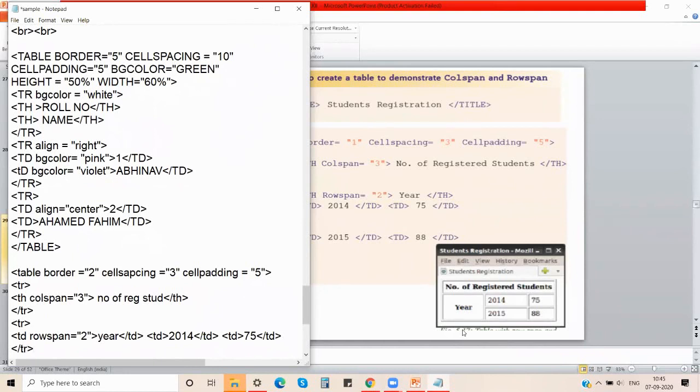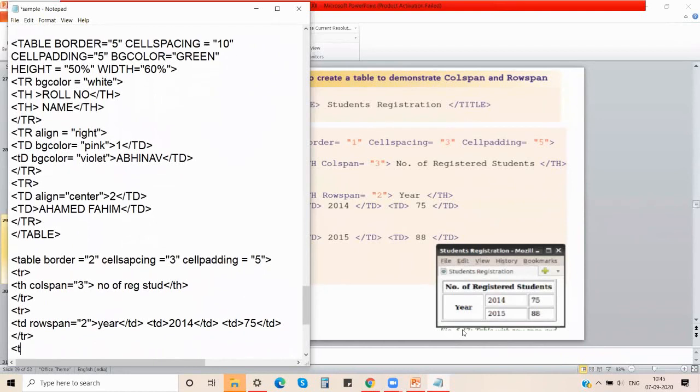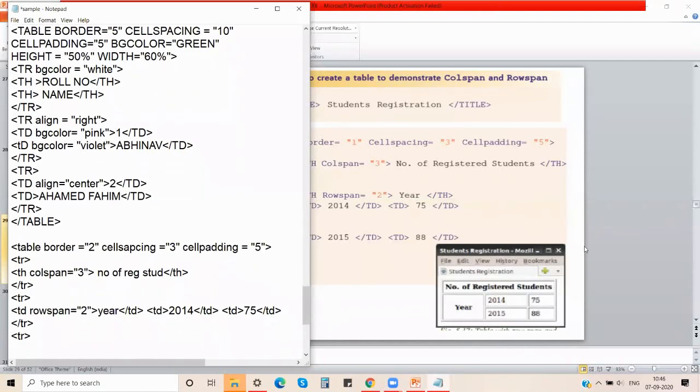So close the row. Then the next row you have to open. In this row, note that Year has been combined; these two rows are combined. Since it is already given with the first row, you need not give this Year value once again. Only the next set of data needs to be given, and I have to give it as td. What is it? 2015. And then I'll close that td.